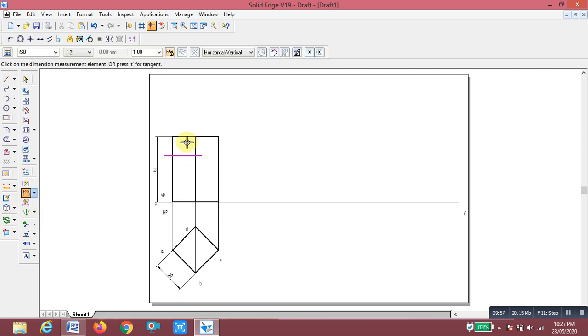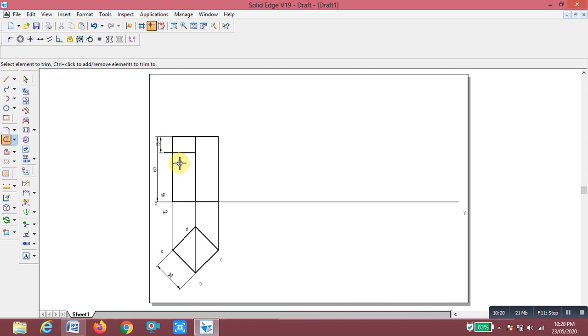You change it to 15, enter. Now you have to trim this unwanted line.